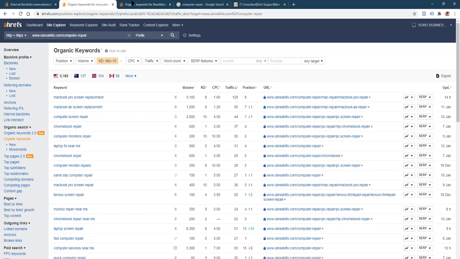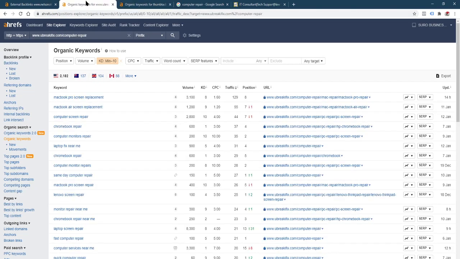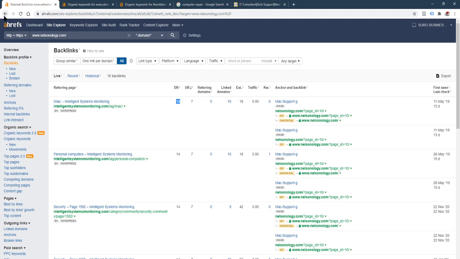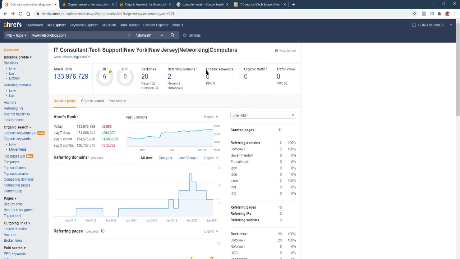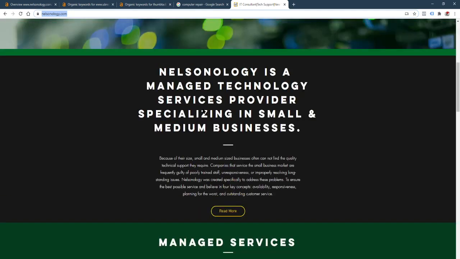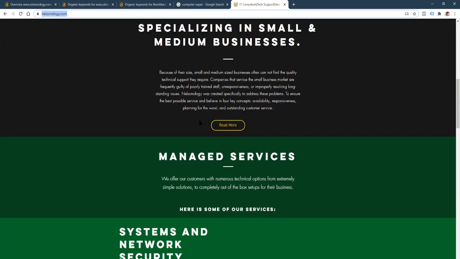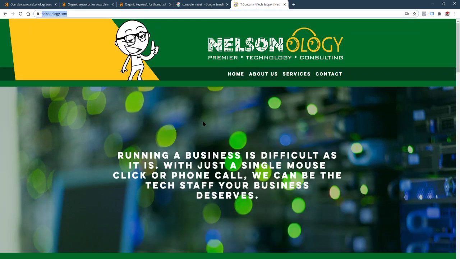So that's the terms for keywords, right? Basically, for your website, you really need to get more keywords that are pointing back to your domain. Because right now you don't have anything. You have zero keywords and you have zero traffic. Now you have a great looking site right here. I like the design, but in terms of content,